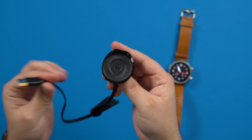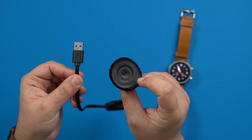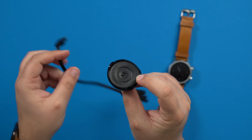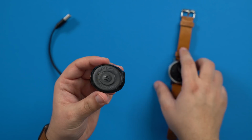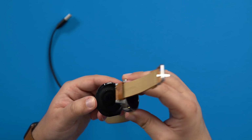The charging cradle, it's not the best solution. I don't really like it, but it can charge your battery from 0 to 100% in an hour, and the Moto 360 still promotes all-day battery, but I've definitely been able to get 2 days at least, even with the